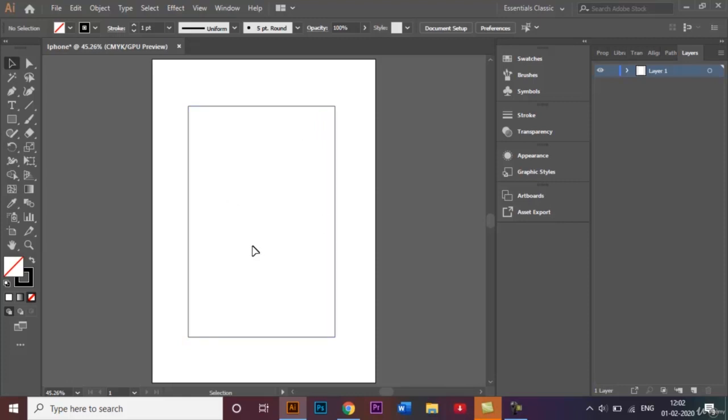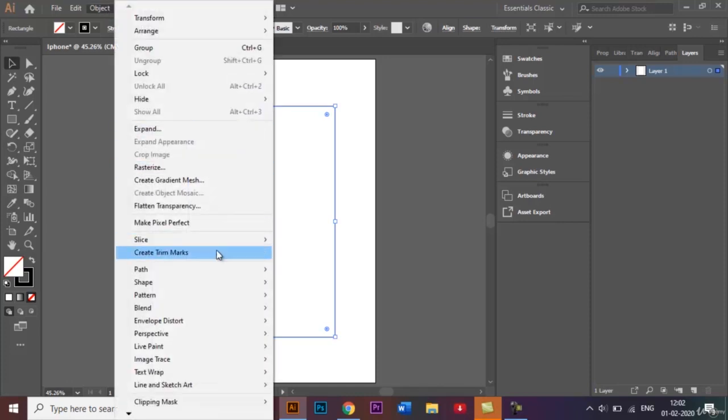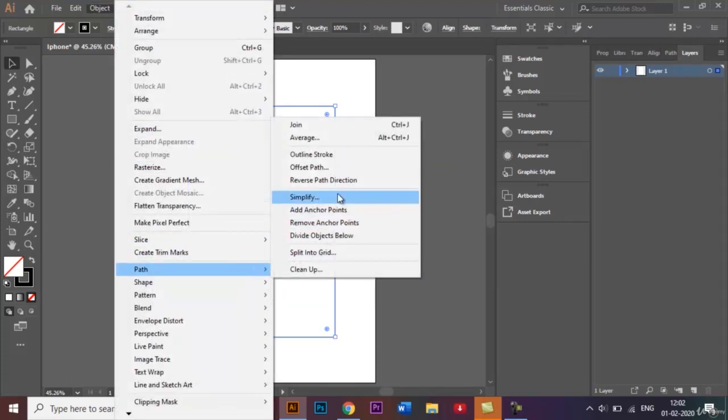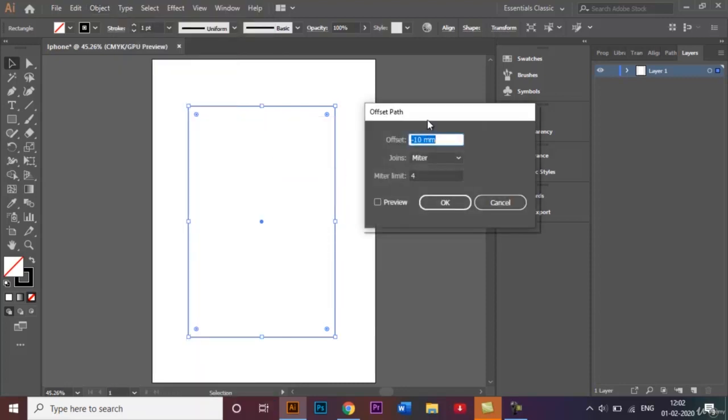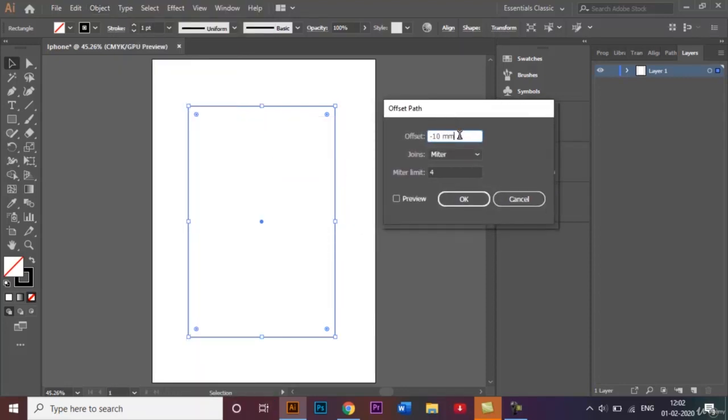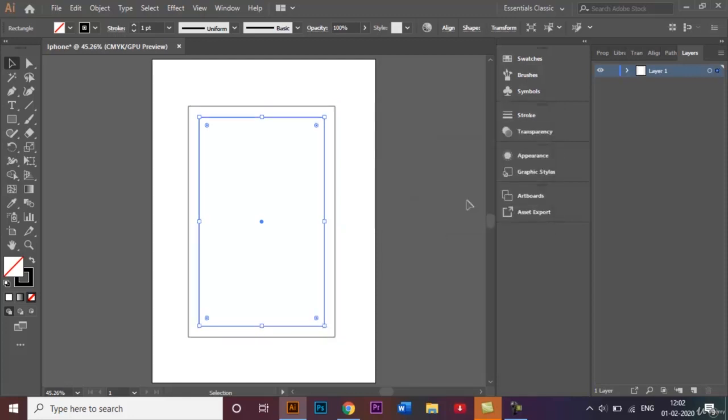rectangle. To do that, we'll select a rectangle, go to Object, Path and Offset Path, and over here I will be giving a value of -10. If you click on Preview, a smaller rectangle is made, and click on OK. I'll go ahead and manipulate this further. I'll just make it a bit smaller, like from here and from here,